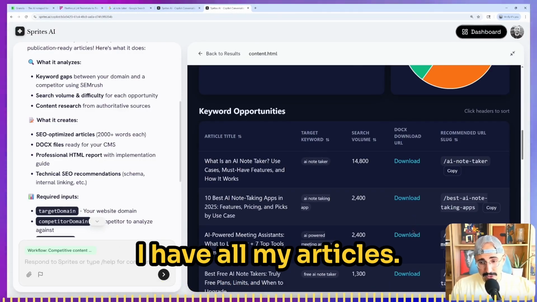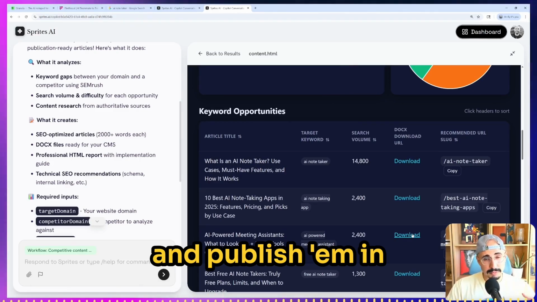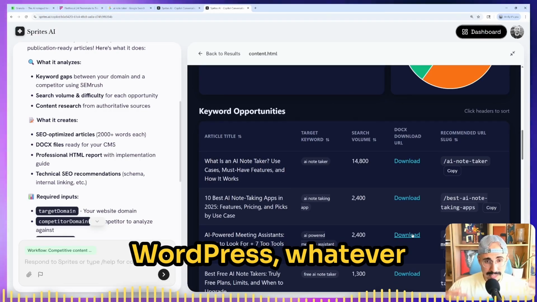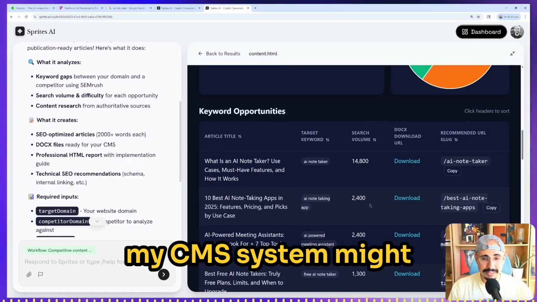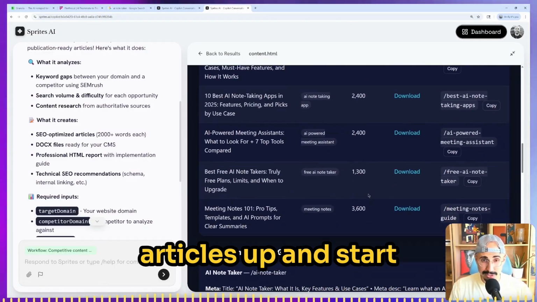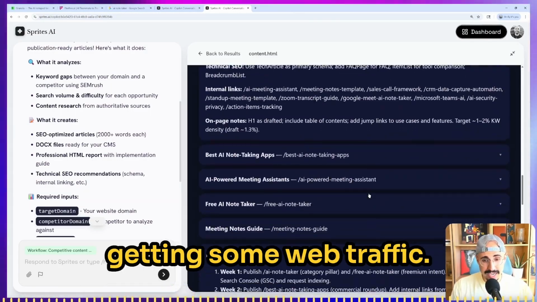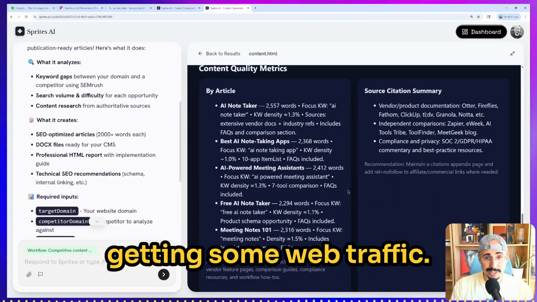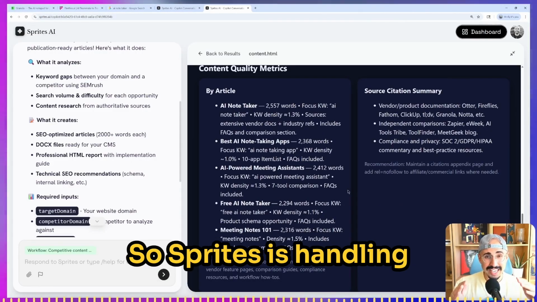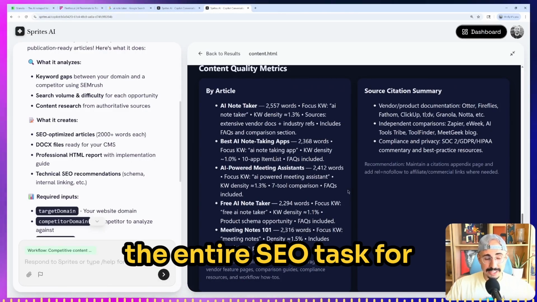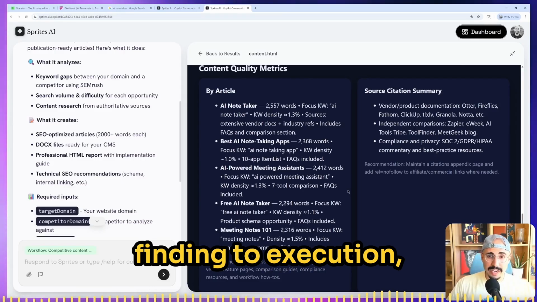I have all my articles. I just take these and publish them in Webflow, Framer, WordPress, whatever my CMS system might be. I just get these articles up and start getting some web traffic. So Sprites is handling the entire SEO task for me, from opportunity finding to execution, which is pretty